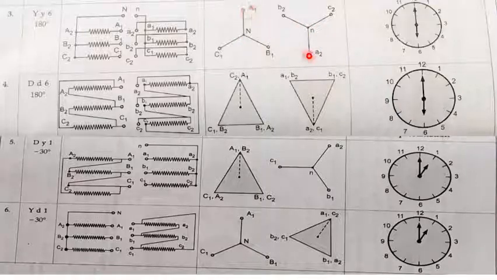See, A1 point you can find here A2, and B1 point here you can find B2, and C1 you can find here C2. Completely it is reversed. So this is C1 you can draw here, this is negative. This is A1, just drawn here, and this is B1, and B2 drawn here. So what is the time position here? That is 6 o'clock.